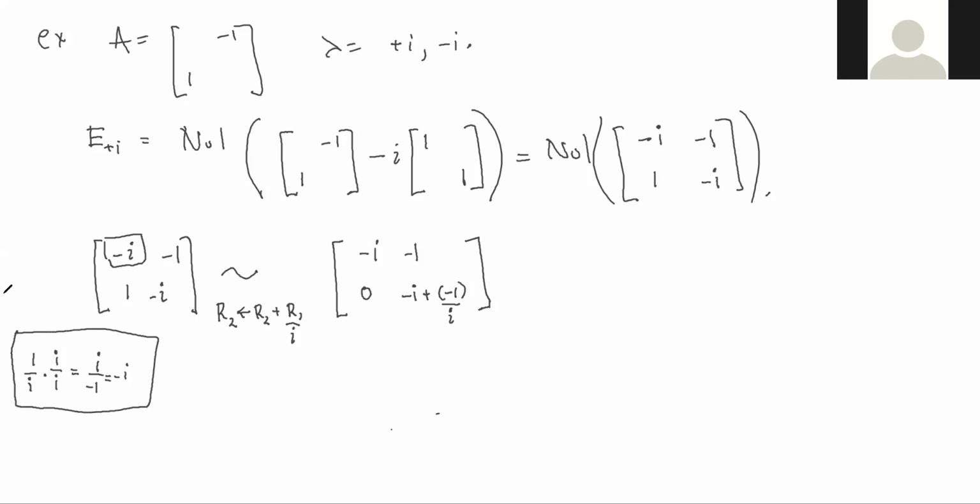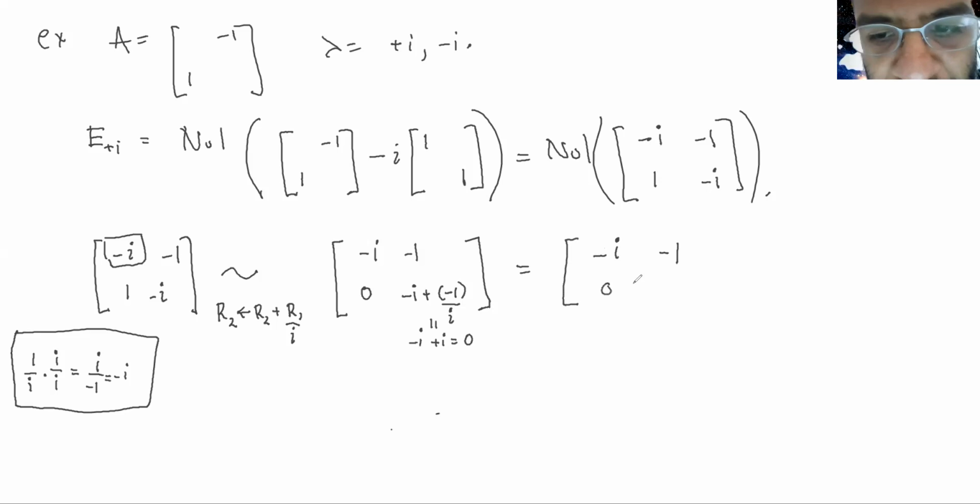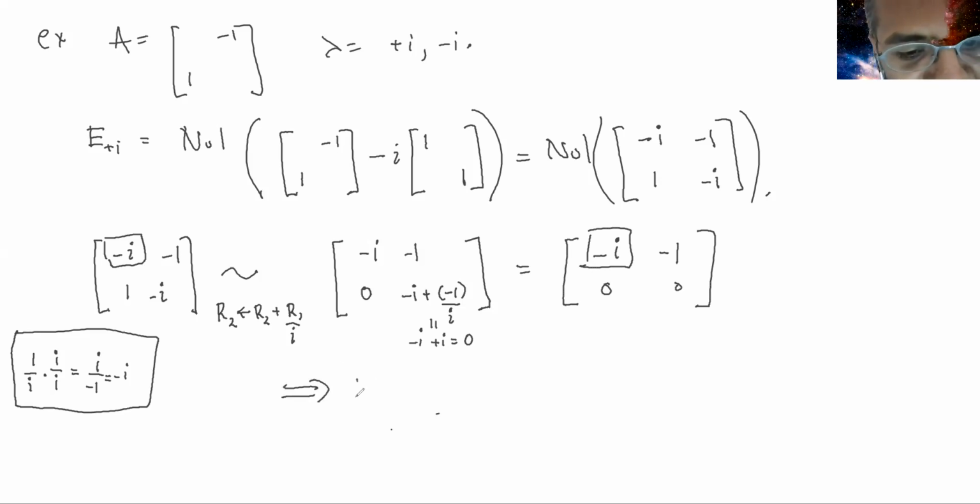Okay. So what that means is that this entry is just minus i plus i, which is 0. So this matrix is just [-i, -1; 0, 0], which is in row echelon form, reduced row echelon form actually. So what does this imply? It implies that the null space, well, how do you find the null space? You write the solution in free variables, right? So the solution set, the null space,